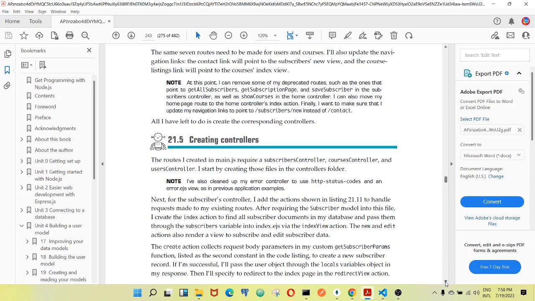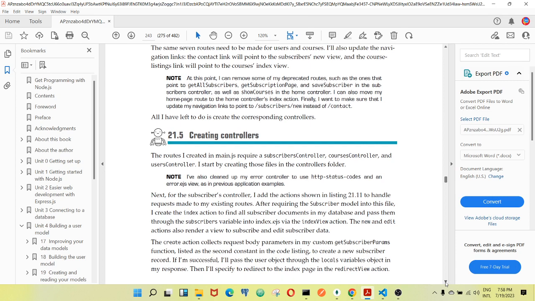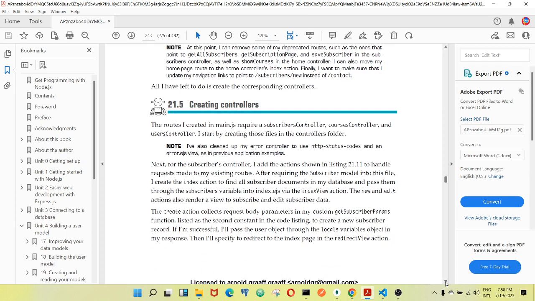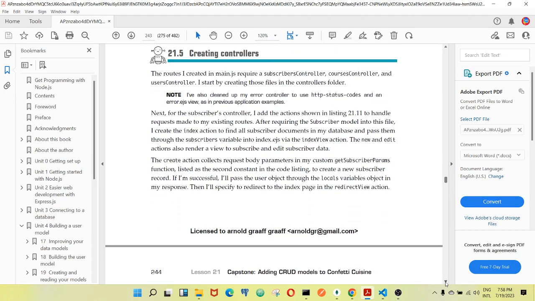The routes are created in main.js, which requires the subscribers controller, course controller, and users controller. I start by creating those files in the controllers folder. Next, for the subscribers controller, I add the actions shown in listing 21.11 to handle requests made to my existing